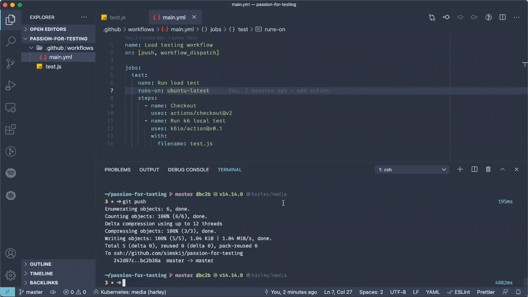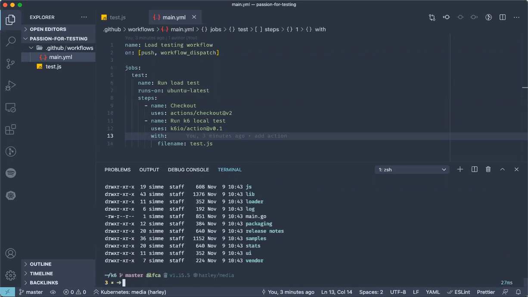All right, so with that up, we now need to set up our Grafana instance as well as InfluxDB, which we'll use to store the performance metrics that we generate with our load test. And in the K6 repository, there is actually already a Docker Compose file available. So the only thing we'll have to do is to run docker compose up